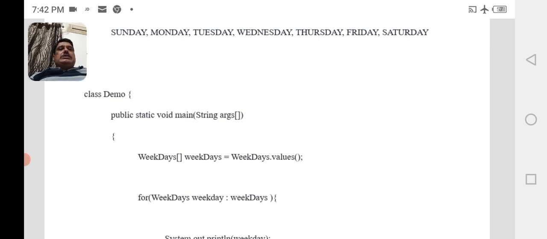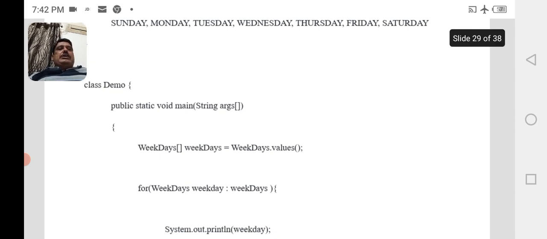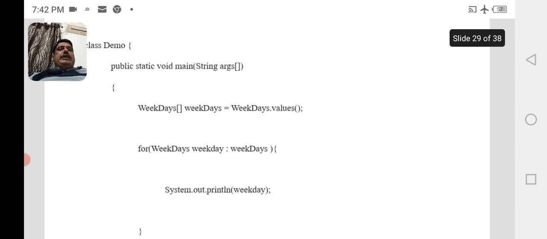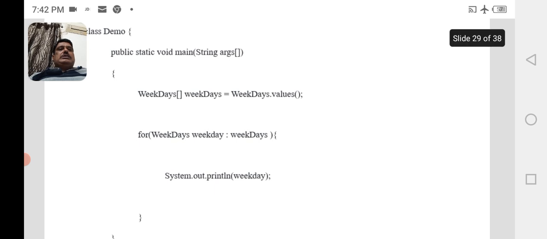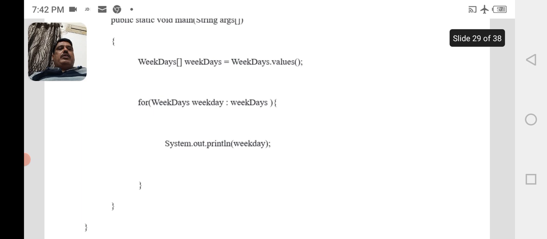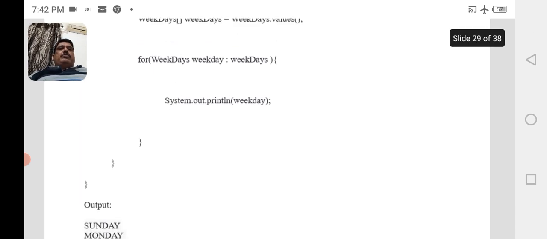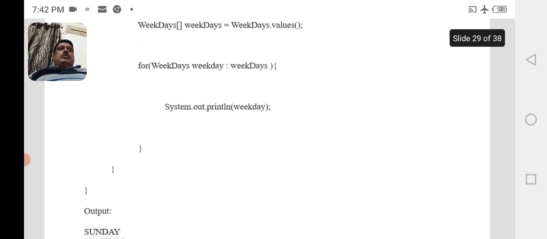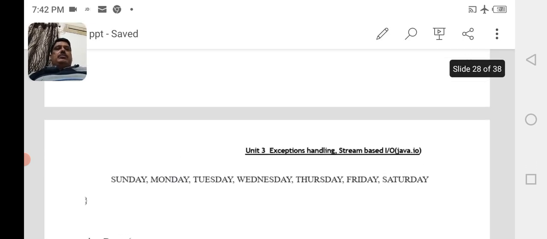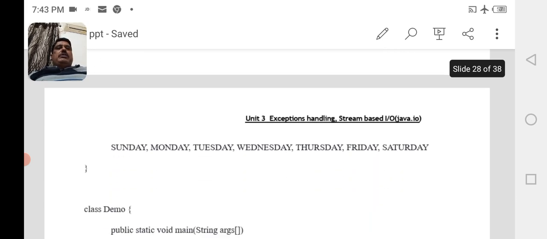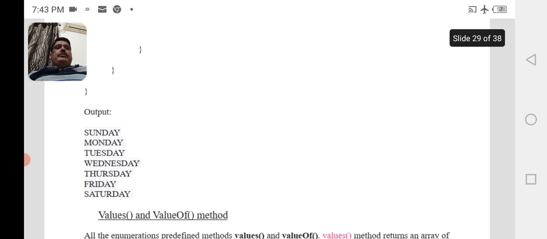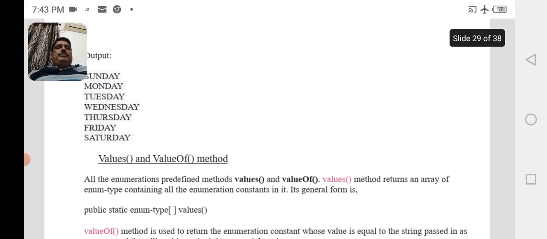Weekdays array equal to weekdays.values. For weekday colon weekdays, system.out.println weekday. When the above program is executed, all the elements present in the enum weekdays will be printed as Sunday, Monday, Tuesday, Wednesday, Thursday, Friday, Saturday.